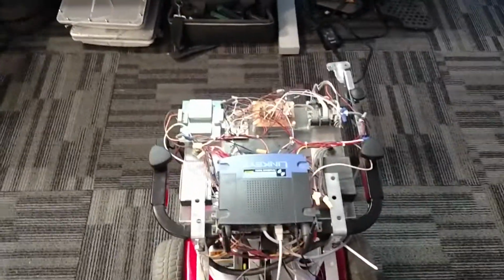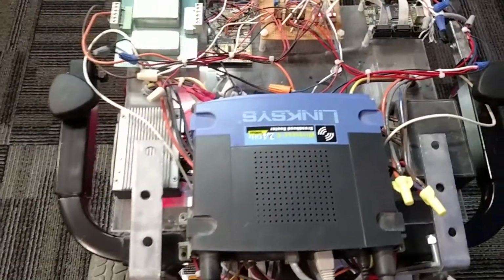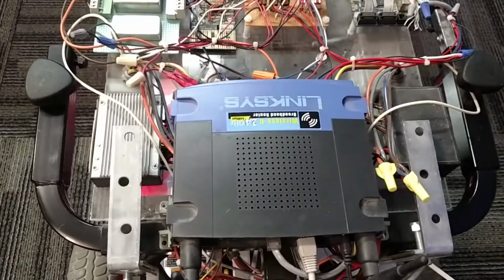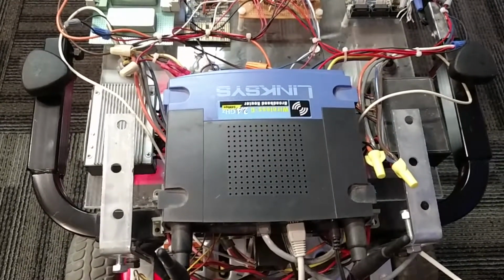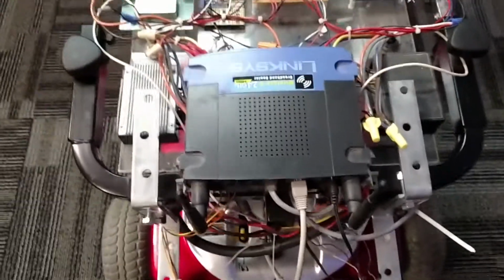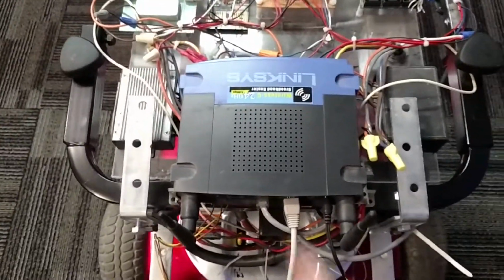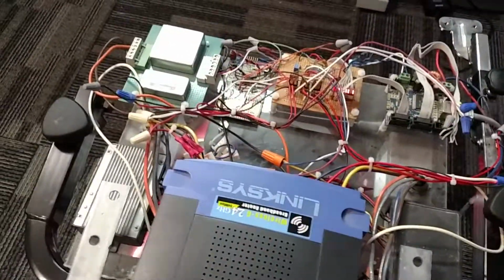So, I guess we'll start out. What I've got is a wireless router used for the communication between the computer and the wheelchair. So the commands are sent over Wi-Fi through the router, and then what's connected to the router is this